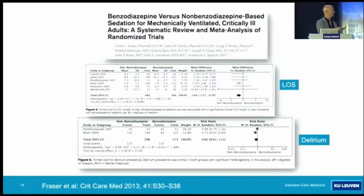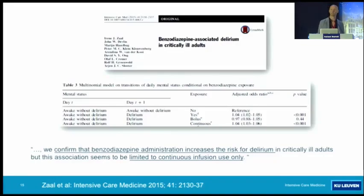In a meta-analysis, though, of all the randomized trials on benzodiazepine versus non-benzodiazepine, this effect didn't come out. So it was no longer significant. And maybe the answer is that it's a pharmacokinetic rather than a pharmacodynamic thing, because this very interesting study by